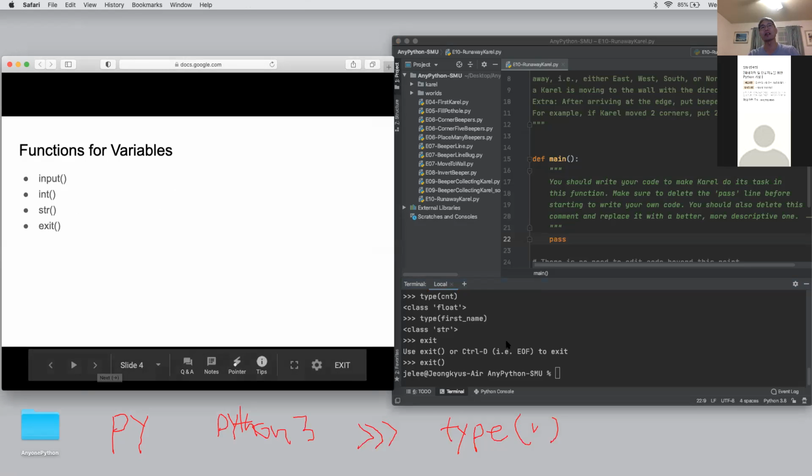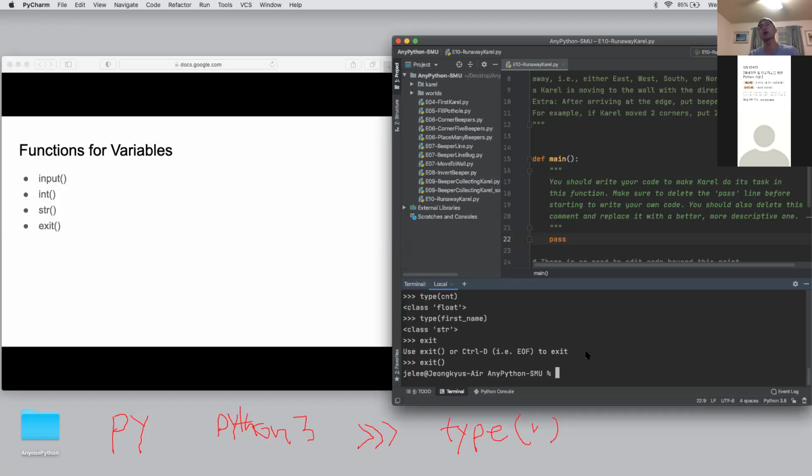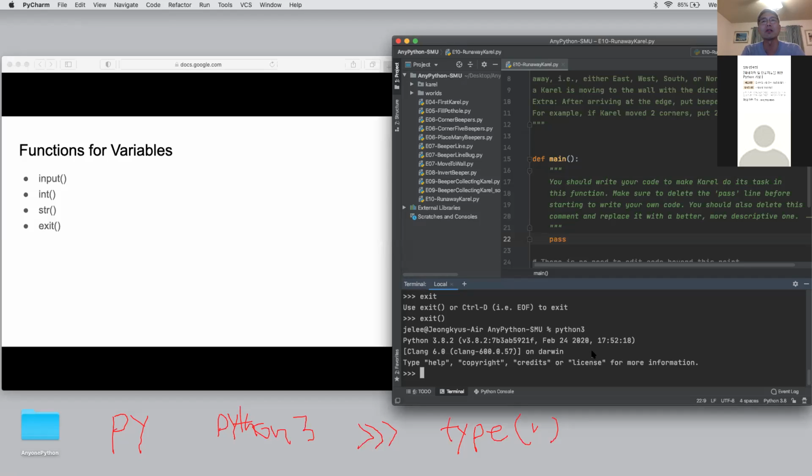Okay. Oh, by the way, I didn't show the input. So let me go back to the console. How to start the Python console? Python 3 for Mac. If we are using Windows, py, then enter. So let's say I'd like to get input of the first name. For the first name, you should create the name variable, first name, then equal, this is assigned from here to here. So then input, then please type your first name,